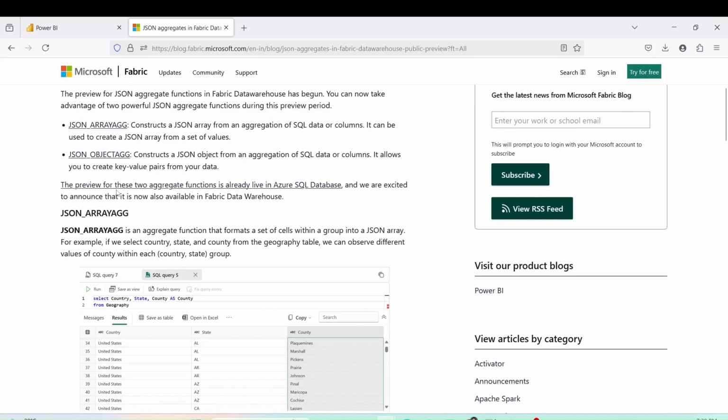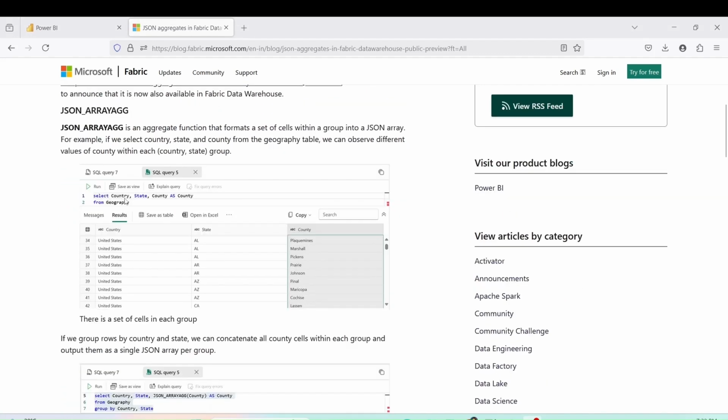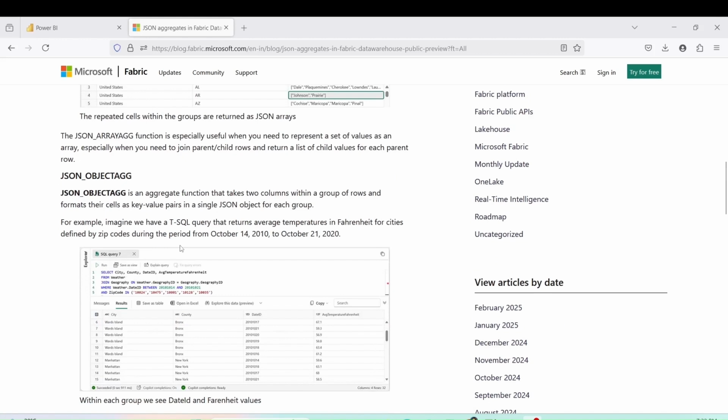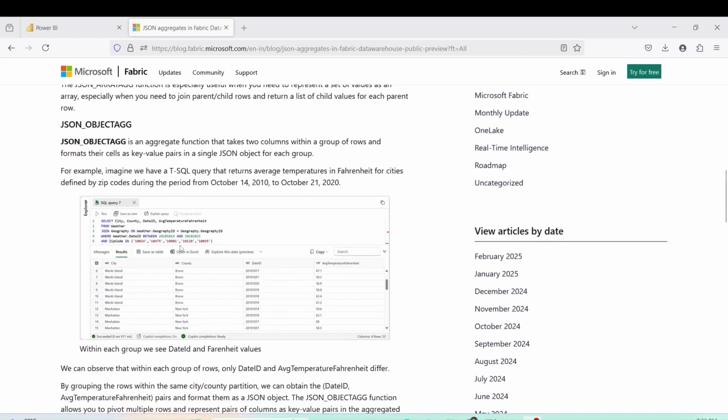More information: the preview for these two aggregate functions is already live in Azure SQL database, and we are excited to announce that it is now available in Fabric Data Warehouse. So let's move forward in this article. In the first example, you can see we are selecting country, state and county from geography, and counties are repeating for country, state. But using JSON_ARRAY_AGG, we are able to group counties together at the country state level. In the same way for JSON_OBJECT_AGG, there is an example given where we have city, county, date ID